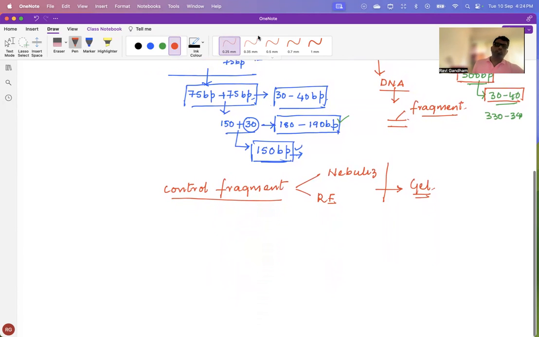Since you cannot control the fragment size by these two methods, the current method that is in vogue is the third one, that is nothing but the bead-based method. Bead-based method. Now,